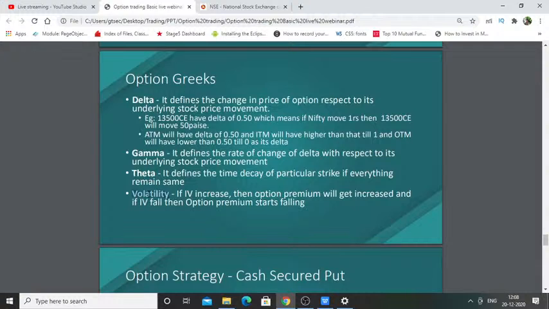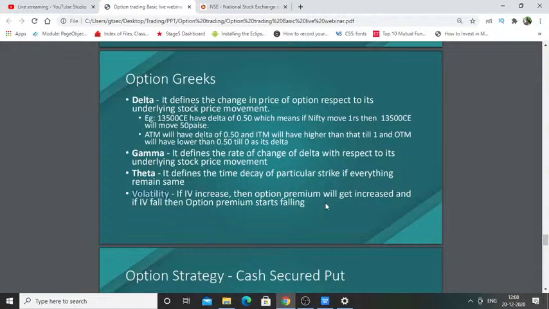If you are going to do option buying or option selling, you have to keep an eye on IV as well. If you are going to buy an option, then IV should be at a lower level. Only if the IV is low will you get the benefit if there is an IV increase. If you are buying an option at an increased level of IV, then if there is any sudden fall in IV, you will lose your premium just because of the IV fall alone, an IV crash.